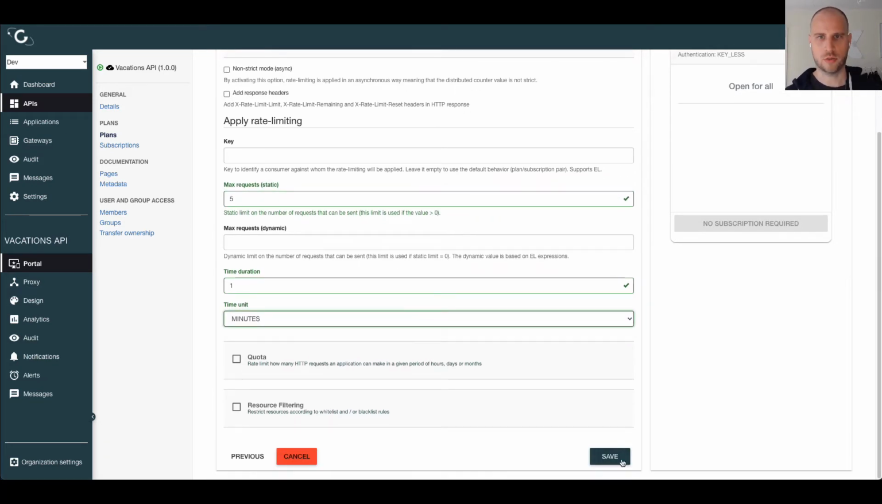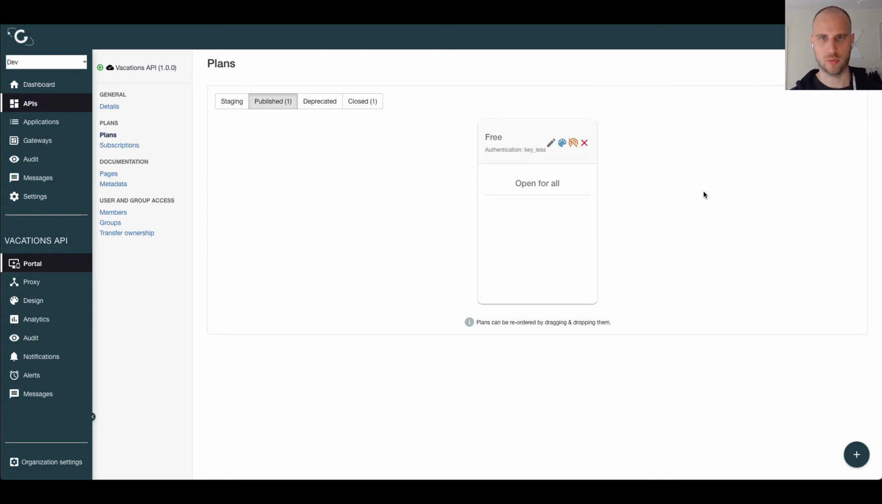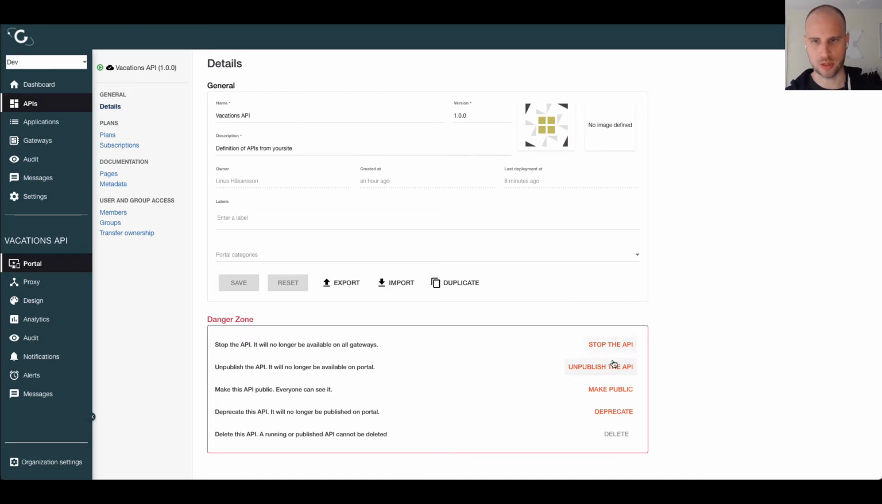Okay, so let's start with just using this plan, and then we'll add some other plans as we go along to see what the different types of user experiences we can have. So we've published this plan as we went through before. We published the API, we started the API. The last thing we want to do before we actually go and experience this API as a consumer is